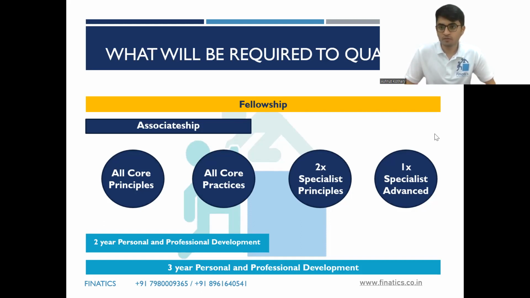So it depends on a lot of circumstances: whether you are in a position to leave your current job or not, what other responsibilities or time commitments you have, and how much time you can give. Ideally, if one is in a position to devote full time towards actuarial science preparation, I would suggest clearing, let's say, 3-4 papers in a year or so. Let's say you give 2 papers in the next session, you clear them, then you start preparing for 2 more papers, and after that it could be an ideal time for you to start looking into a job.